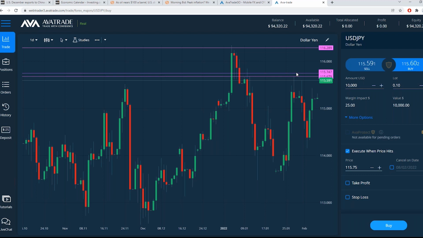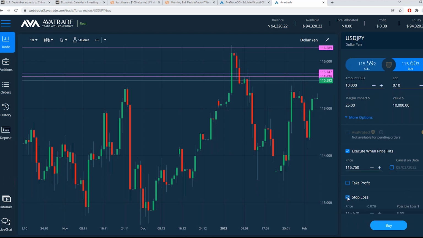So there's a lot of reason why the US dollar could continue to be somewhat bullish. And so if it confirms upward momentum by breaking this resistance, then you could have a pending order up here ready to buy. Okay, that's the sort of technical analysis that waits for confirmation.